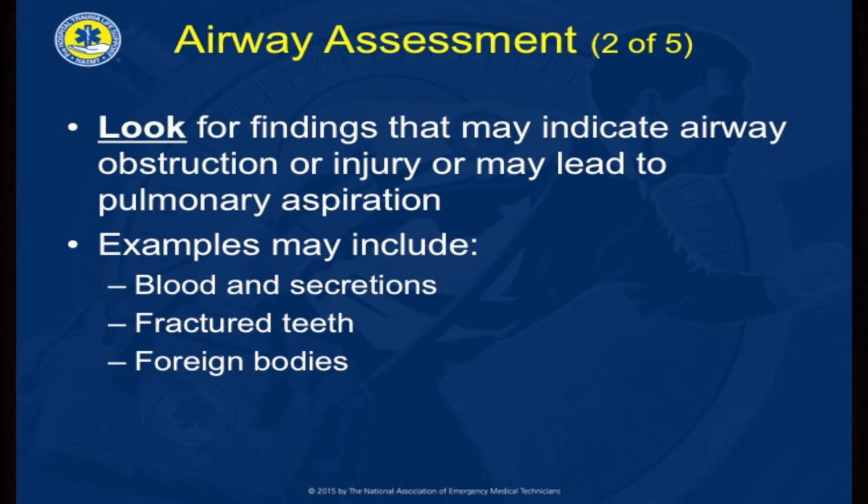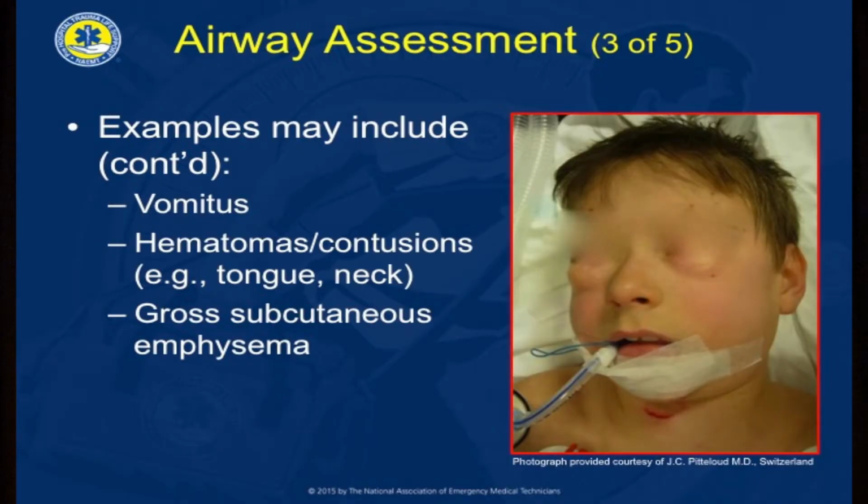Look for any findings that may be considered an airway obstruction or pulmonary aspiration, like blood, even a little bit of blood. Fractured teeth, those foreign bodies, they may not be blocking the airway now, but if the patient moves or if they become loose and fall, those teeth, which may still be attached, could fall out and become foreign bodies. Look for things like gum. Patients can be chewing gum, and that may become a foreign body obstruction if they get a decrease in mentation or if they suddenly aspirate. Swelling, vomit, subcutaneous emphysema. These can all occlude your airway and make the airway more difficult to access or keep it from